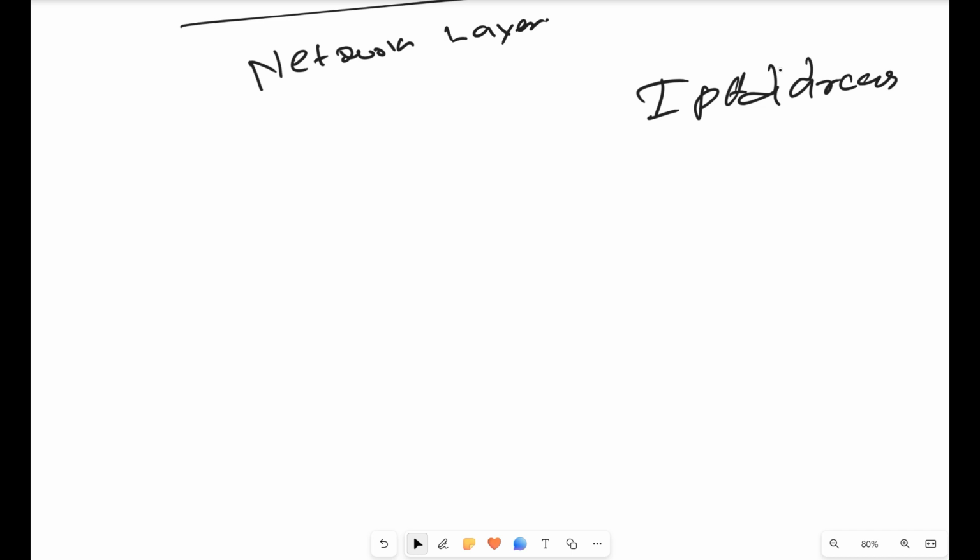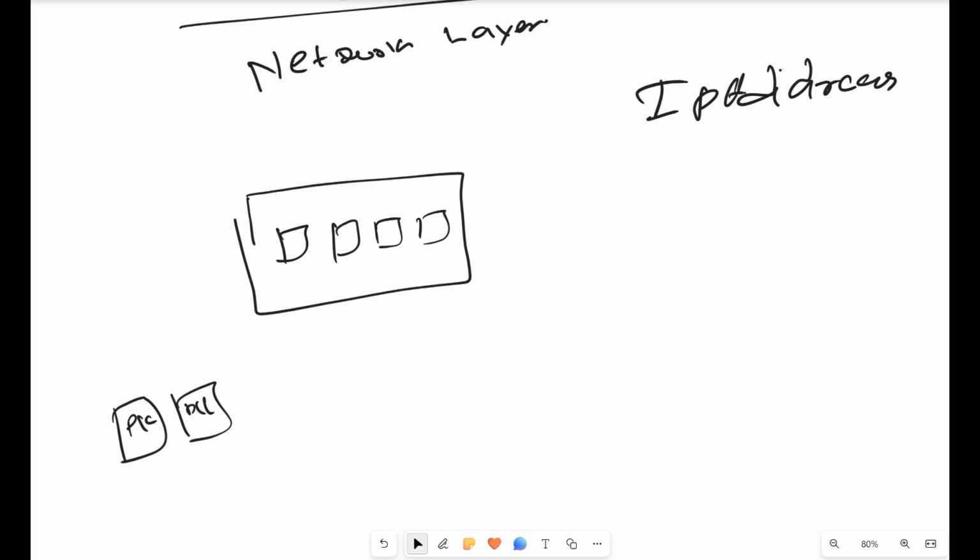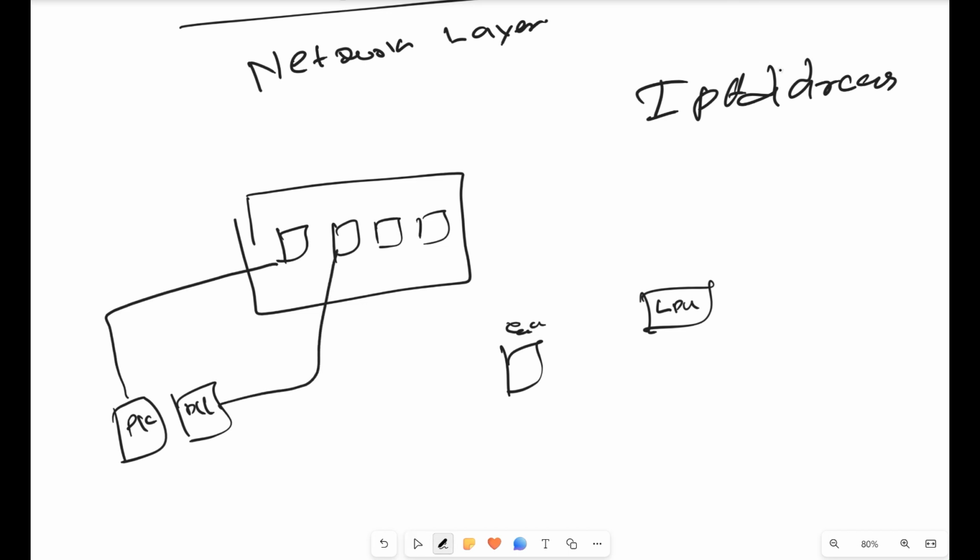So what happened is that we saw before in the previous two layers. Let's say we have a network switch with 4 ports, and we have a PLC, maybe a sensor, and maybe a laptop. So we have 4 devices, and we're going to put these two in one particular VLAN,